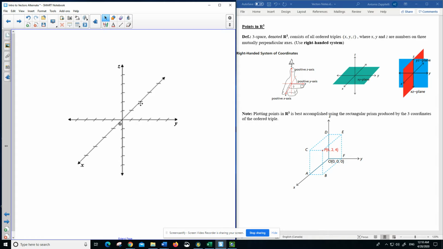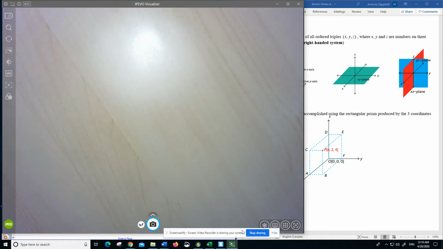And you notice here how this x-axis is at an angle, because what we're trying to do is create a sense of perspective, okay? What you have to imagine is that this y and z is on the ground, and this x-axis is sticking out of the paper, okay? So essentially what we have